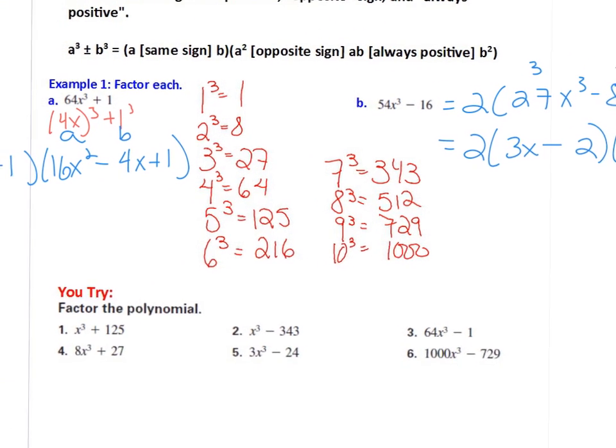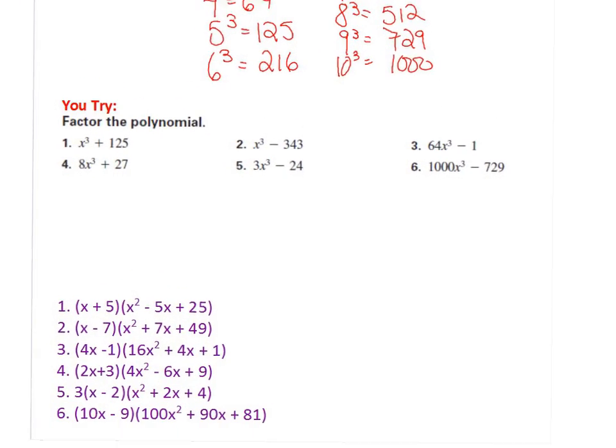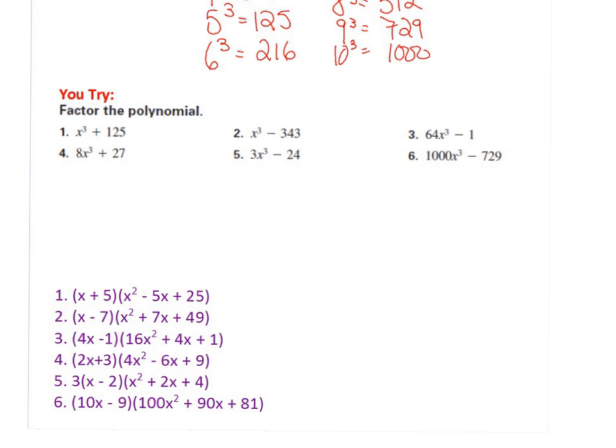Okay, so we're going to pause the video here for you to try these 6 problems. Don't forget to look for a greatest common factor first. Okay, and these are the 6 answers you should have gotten. I'm going to do some of the harder ones, like, let's do 5. 5 has a greatest common factor of 3 that you have to factor out. Now, the 3 stays factored,